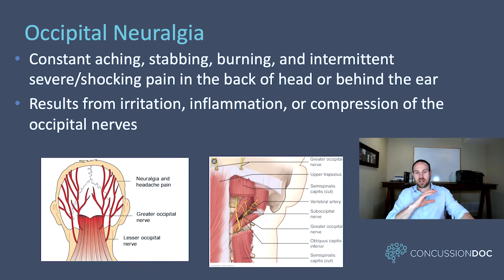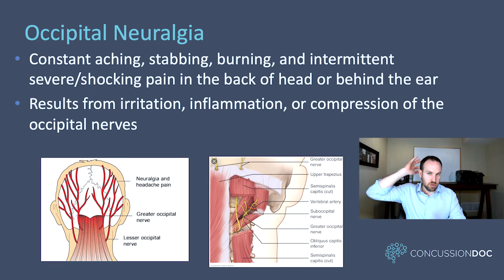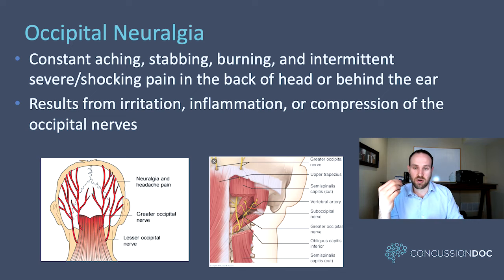Another type of headache is occipital neuralgia. Occipital neuralgia is a constant aching, burning, stabbing pain. It's a nerve-based pain. So you have the greater occipital nerve and lesser occipital nerve that come from the little muscles back here. They pierce through and they come up the back of the scalp. If there's pressure on those nerves, which can be due to arthritis in the upper part of the neck, it can be due to muscle tension, it's going to put pressure on that nerve and make it very hyper irritated.